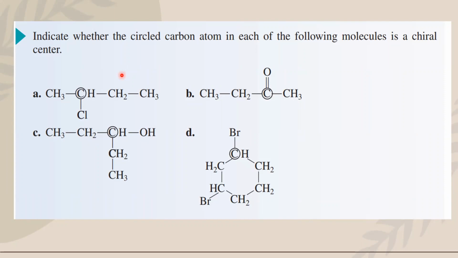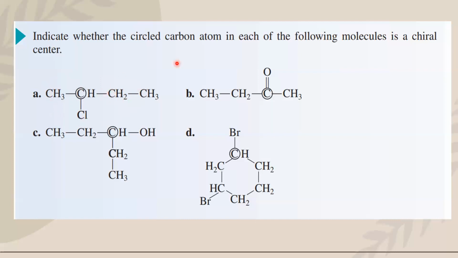So let us take a look at these examples, A, B, and C. Okay, so A, this is an example of a chiral center. This carbon right here is an indication of a chiral center. Why? Because there are four different groups attached to the carbon. So what are these four different groups? CH3 is attached to the carbon. The carbon also has an attachment of hydrogen, and an attachment of Cl and another CH2, which makes it four tetrahedral bonded